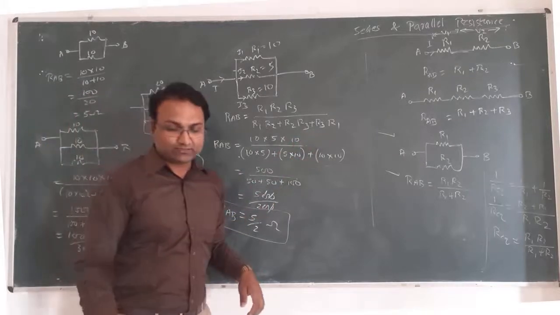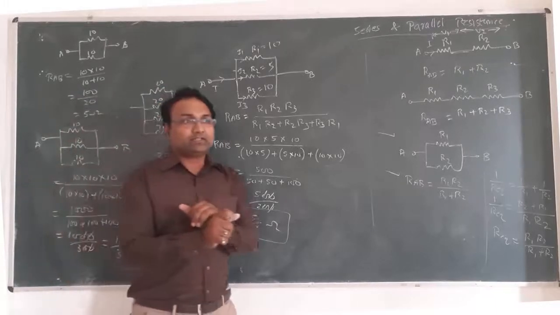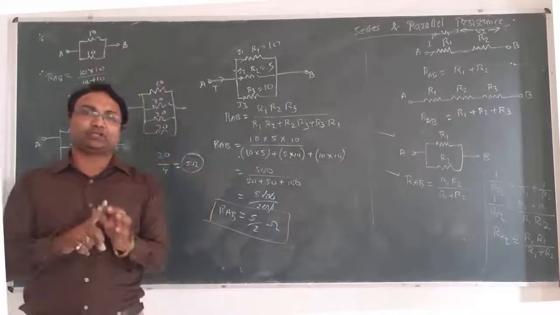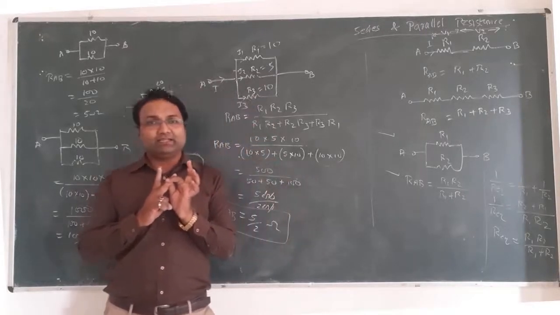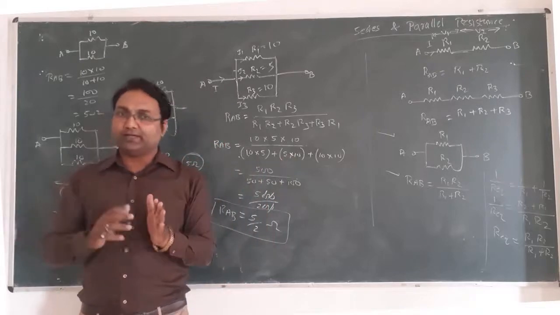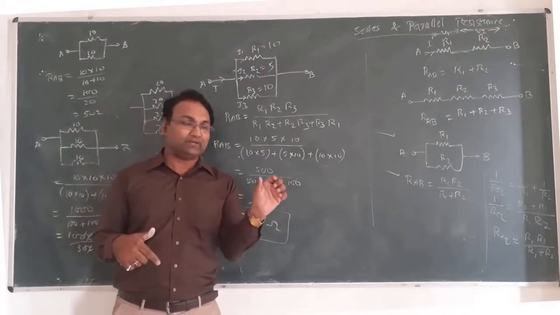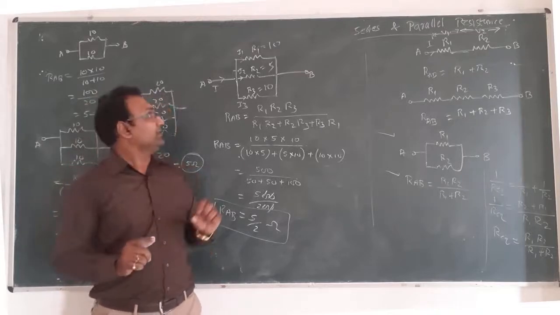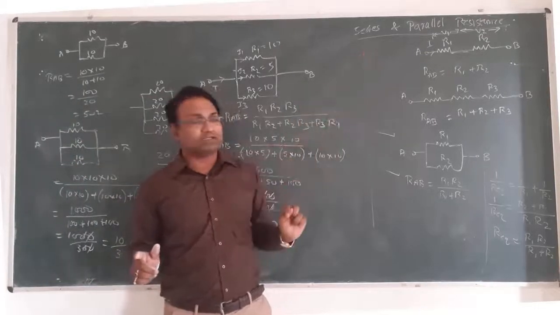Right? So what have we discussed today? First thing is Kirchhoff's laws. How many laws has Kirchhoff given? There are two laws. First is Kirchhoff's current law and second is Kirchhoff's voltage law. What does the first law say? It says that at any junction point, the algebraic sum of incoming current will be equal to the outgoing current. Whereas Kirchhoff's second law relates the algebraic sum of EMF to the algebraic sum of voltage drops across any closed loop.